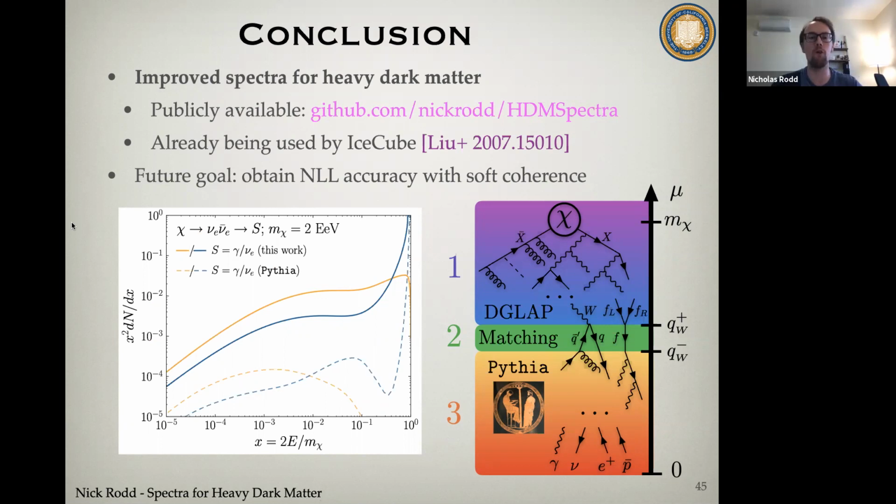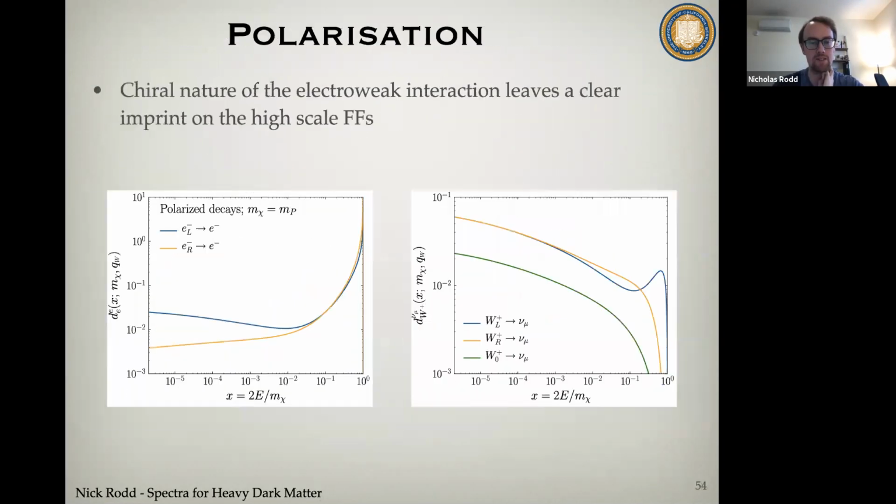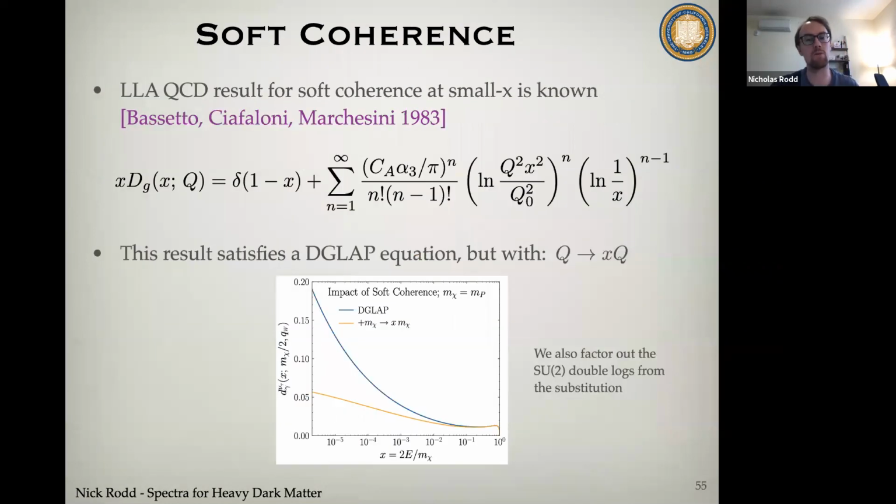So what we've done at the moment is good. And yeah, we do have a way of estimating this. This is in more detail in our paper, but let me just give you what we did. This is just the result for QCD for what you get for the soft radiation, the low energy fraction radiation, when you include the soft coherence effect.